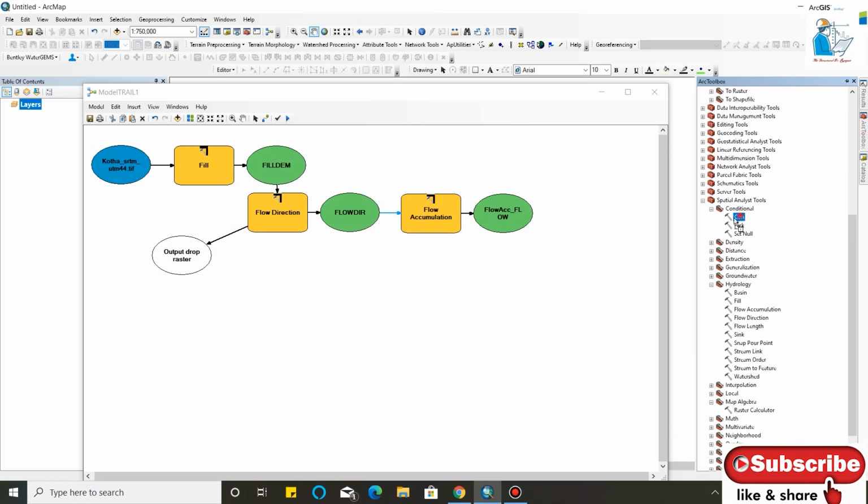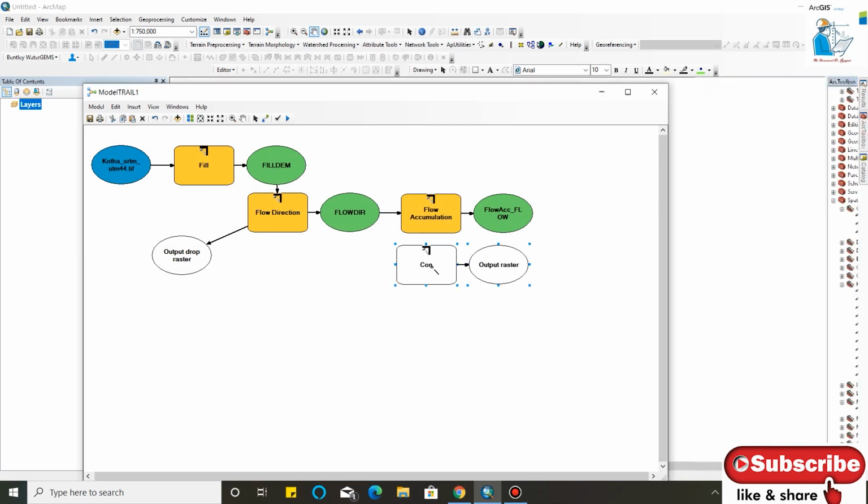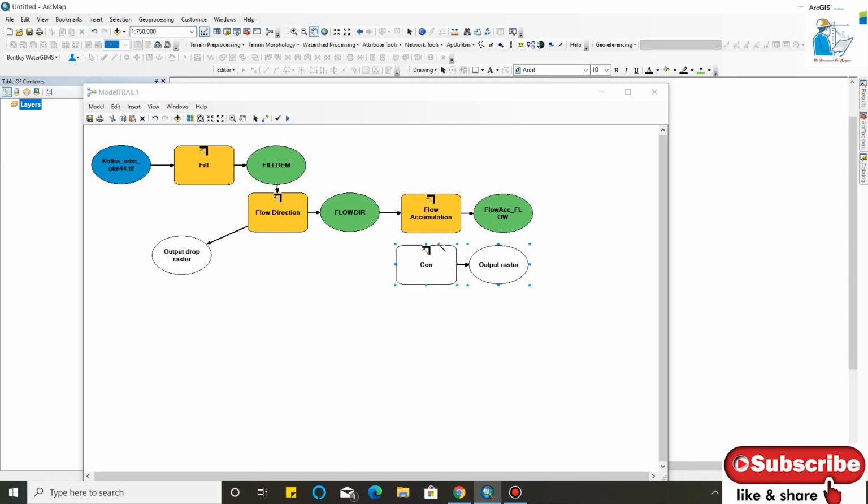We will drag it here as a condition and connect the flow accumulation output to the conditional command as the input conditional raster. As flow accumulation is your raster, it will show as 0 or 1. So in my condition, if it is 0, then it will not show streams.